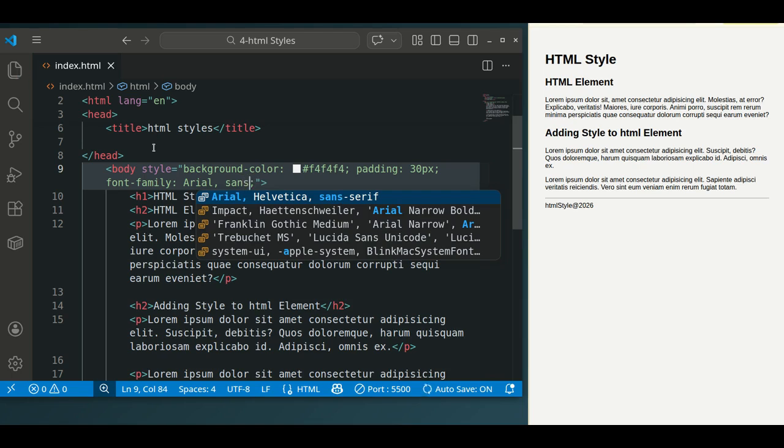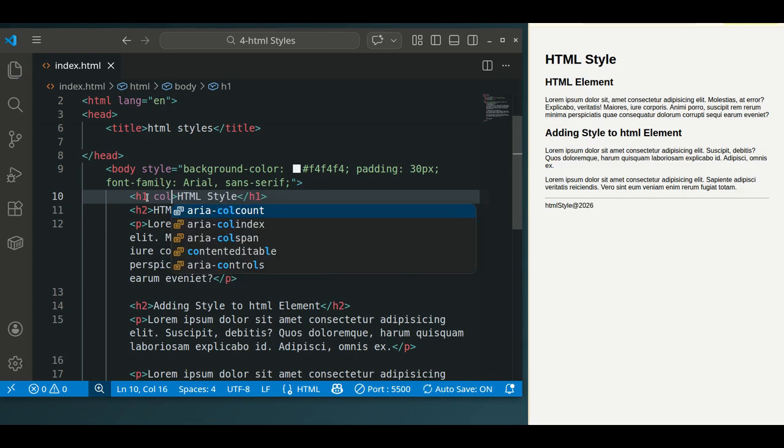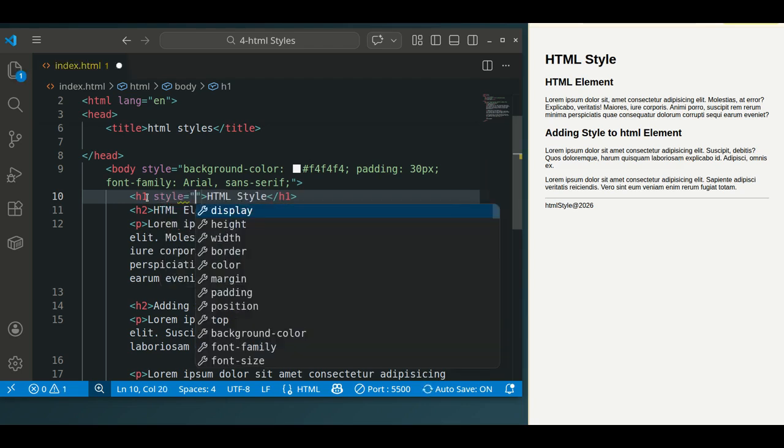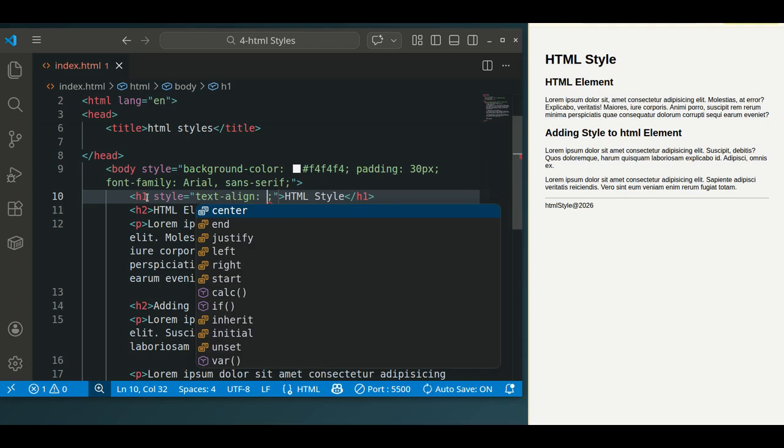And so yeah, it makes sense. Now again, here we are going to use the color. Let's apply color. We are now applying what we have learned. This is text align, center,